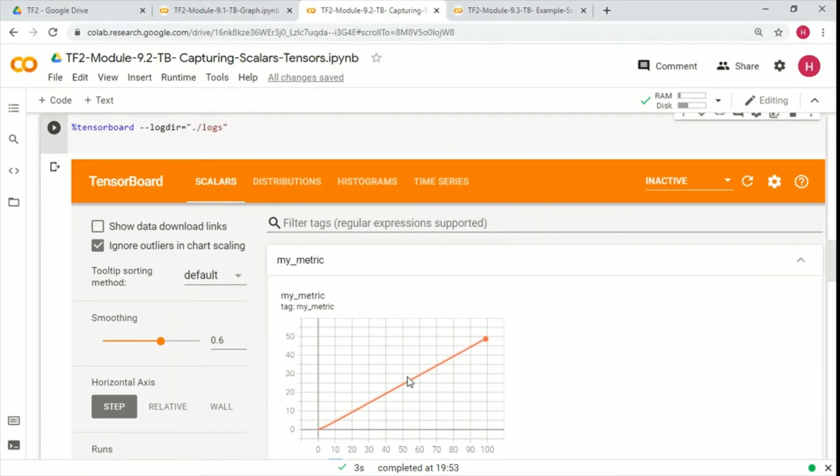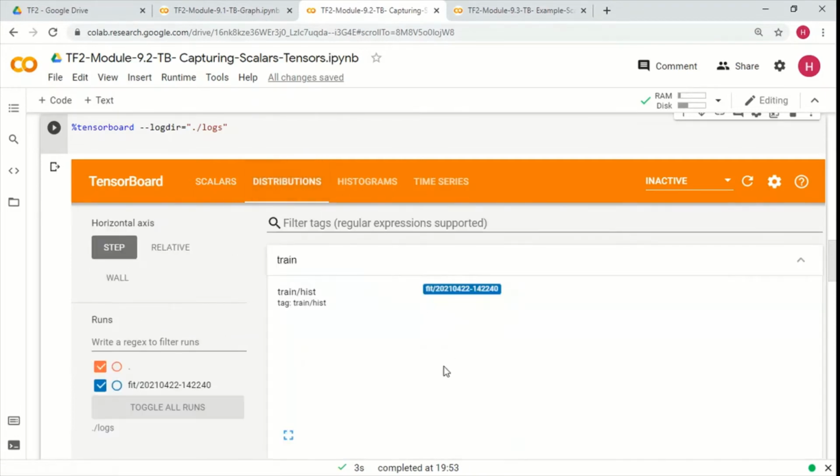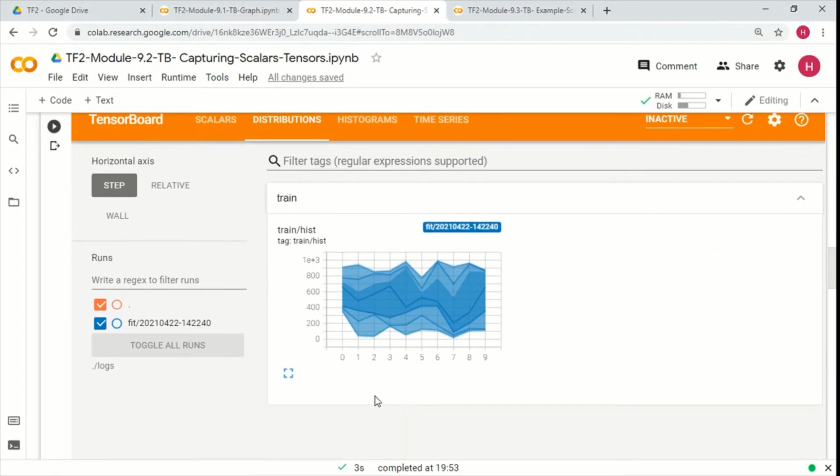Now what about the weights? There are two views for checking out the weights. One is the distribution, and another is the histogram, right? So let's click on the distributions for a second, and there we are able to see the tensor, and these are the epochs 0 to 9, and these are the values. We said that the maximum value in the tensor is 1000, right?